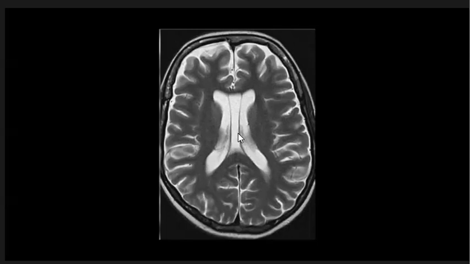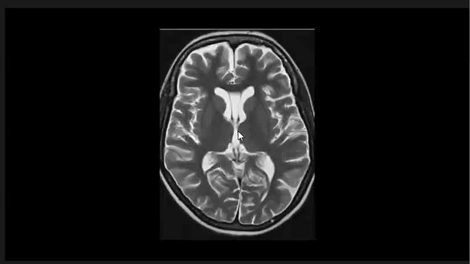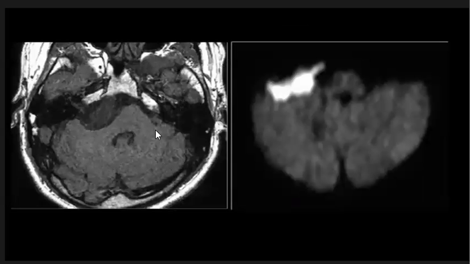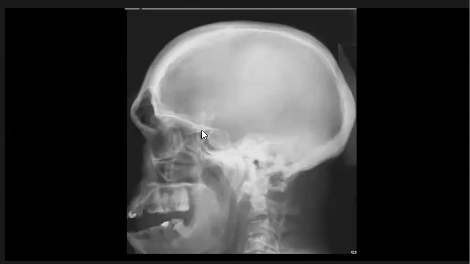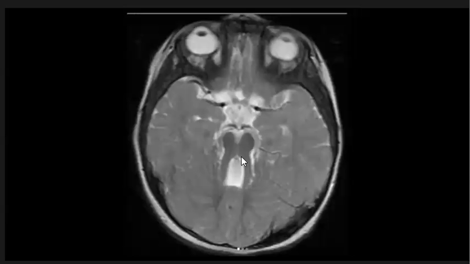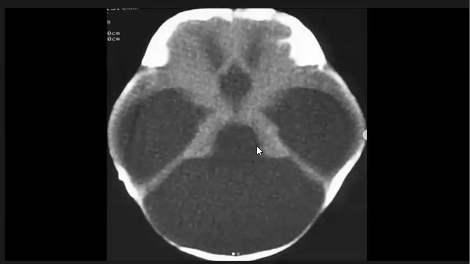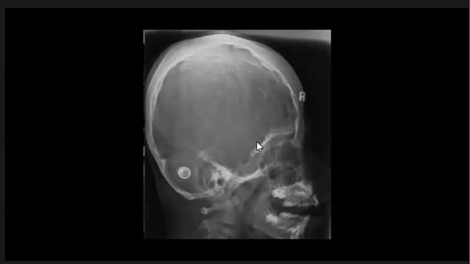cavum septum pellucidum, cavum vergae, sorry, cavum septum pellucidum, epidermoid cyst, classic appearance, hangman fracture, as we see here, of the C2 vertebra, large sella turcica, patient with acromegaly, thickening of the skull, protrusion of the mandible anteriorly, Joubert syndrome, molar tooth sign, Dandy-Walker malformation, copper beaten skull, patient with increased intracranial pressure due to craniosynostosis, as we see closure of the sutures,